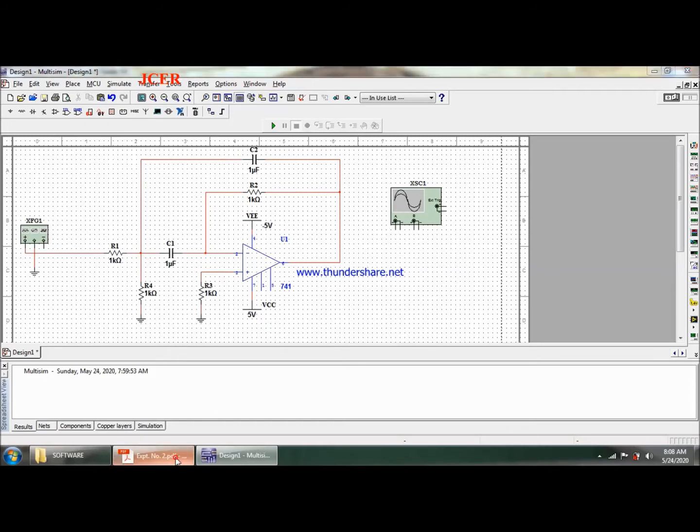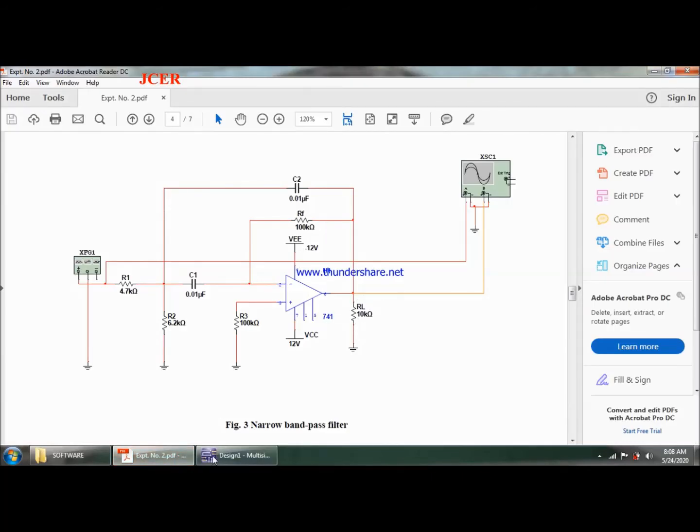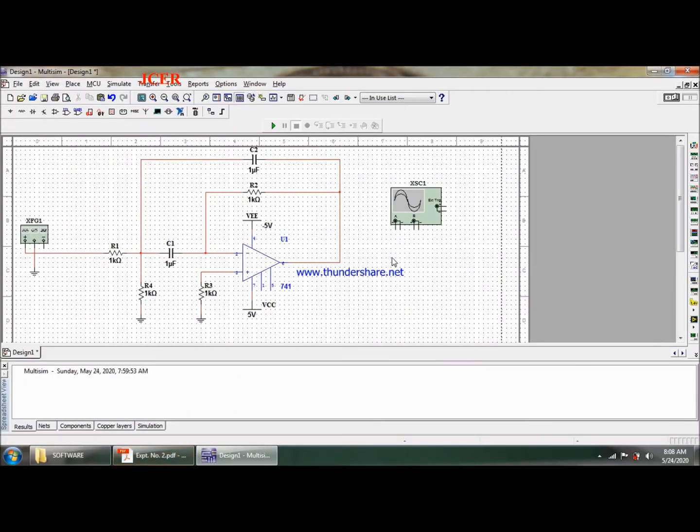Okay, next left out is a load resistance. So I'll take one more resistor and place it over here. I'll connect this to the output to have my load resistance.